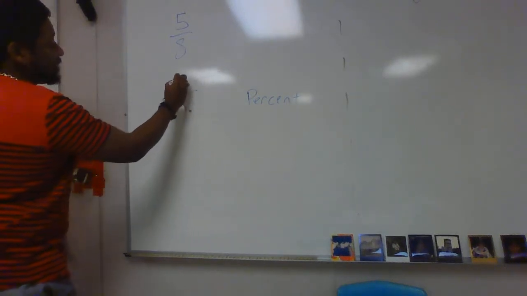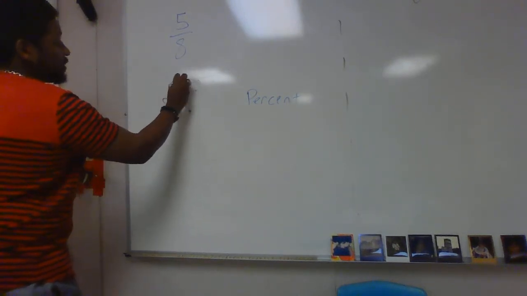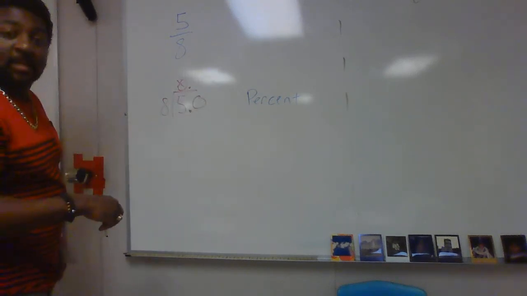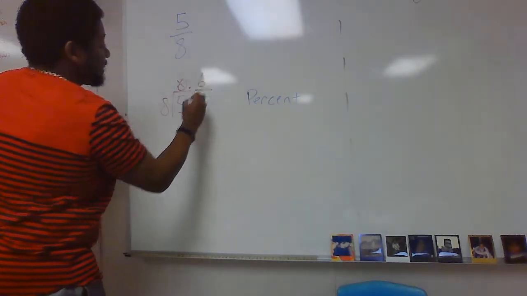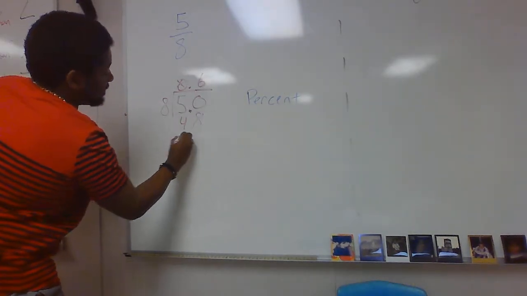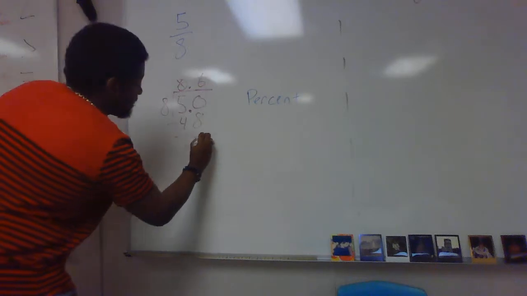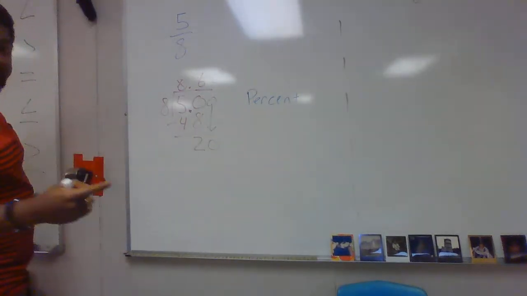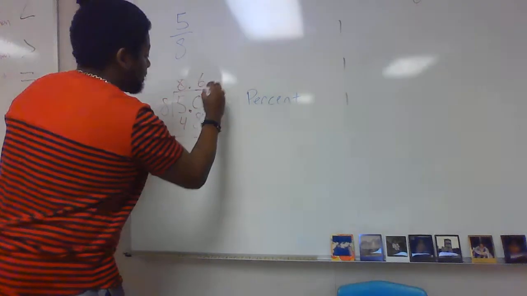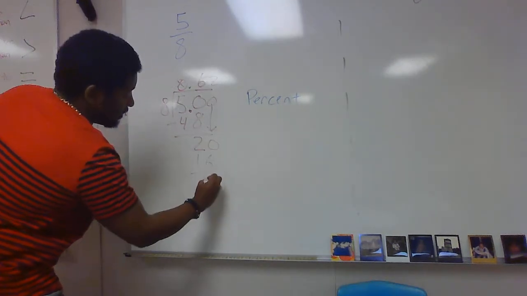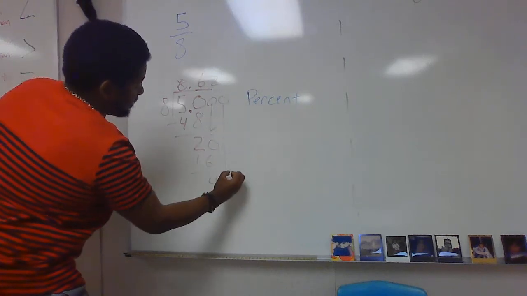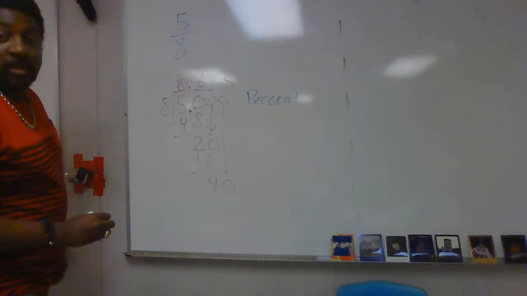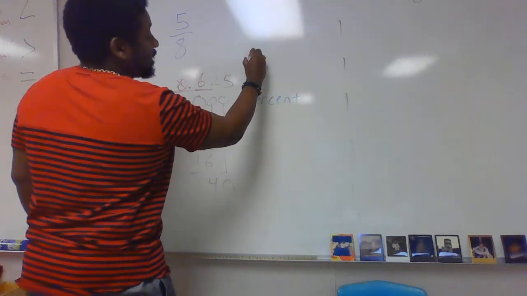You're going to need a decimal because 8 does not go into 5. It actually goes in there 0 times. I'm going to add my 0 after. 8 goes into 50 6 times. 6 times 8 is 48. When I subtract, I get 2. Bring down my 0. 8 into 20, 8 times 2 is 16, so 2 times. 20 minus 16 is 4. And 8 into 40 is 5 times. So my decimal answer is